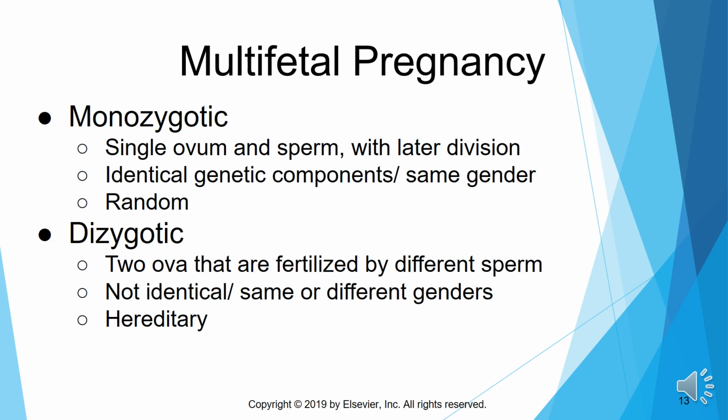And there is a hereditary component to this, because some women are prone to ovulating more than once in the same cycle. So they can pop out two eggs during one cycle to be ready to be fertilized. Dizygotic twins would also be those twins that were done by artificial insemination, where they took two different eggs and fertilized them by two different sperm